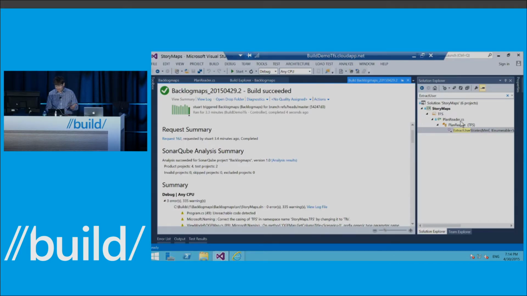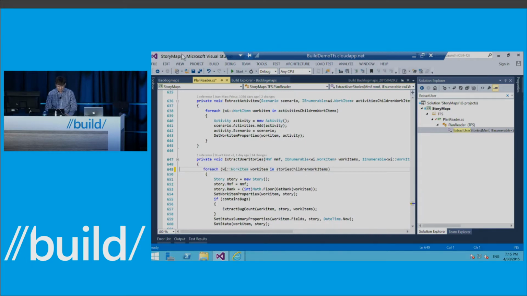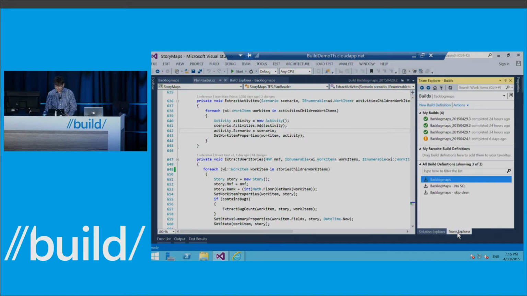I've got my code open in the solution. I've searched for that method, so I'll just double click on it. And hey presto, I see the problem. So let me just delete that line. Okay, save it. Then I can go to the Team Explorer, go to my changes,